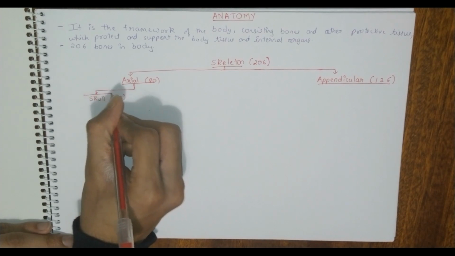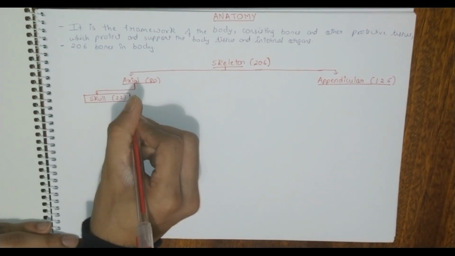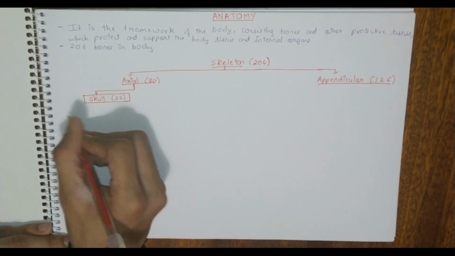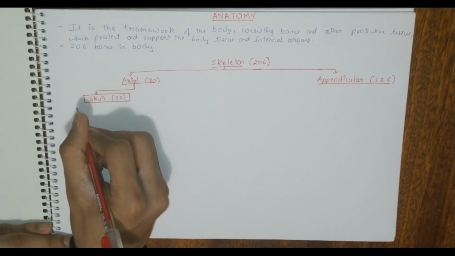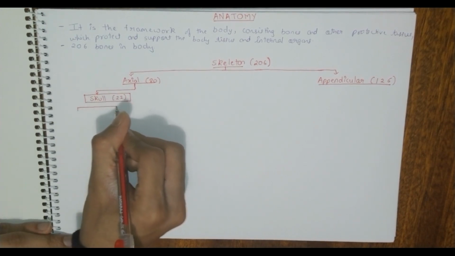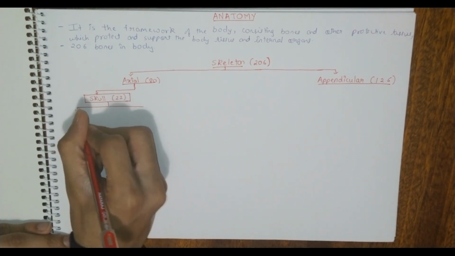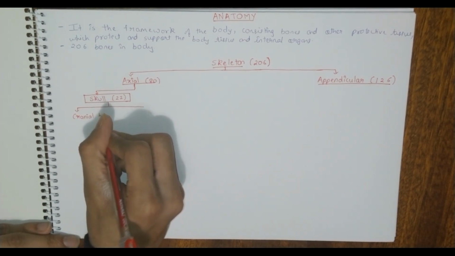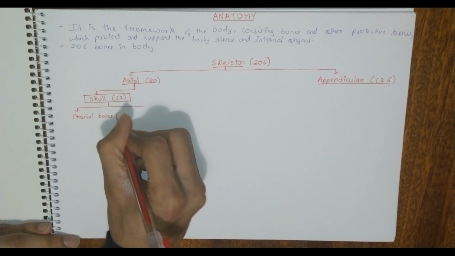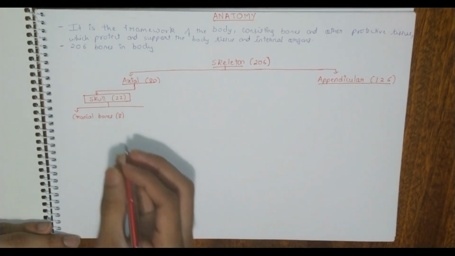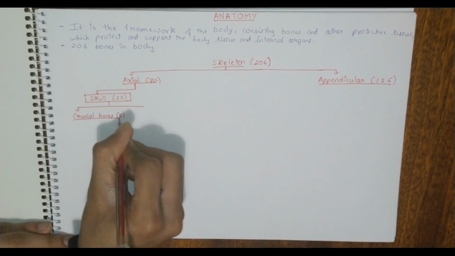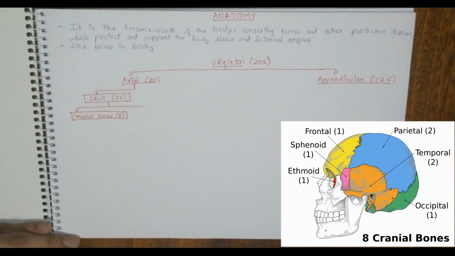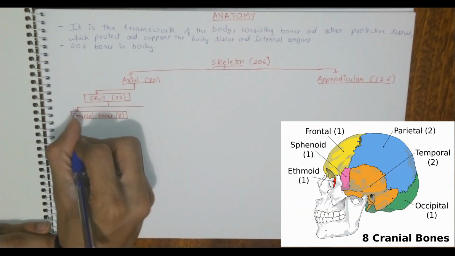Just make this rectangular column. Now the skull is again divided into two parts: cranial bones and facial bones. Let's start with the cranial. There are 8 cranial bones. Just make the rectangular column. They are